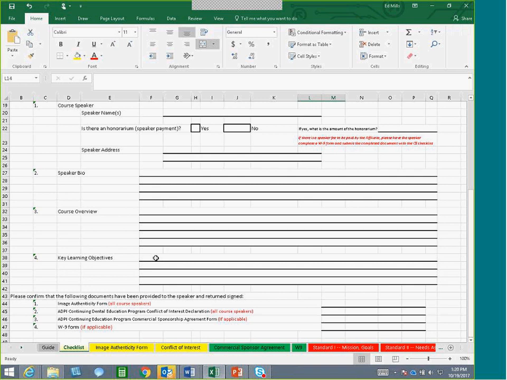So you will tell them, okay, I need a bio. That's a description of who you are, what your background is, maybe educational background. Then a brief description of the course and the topic, and then the objectives. This last one is pretty important. We need learning objectives. What are people going to learn after they attend the event? They're going to know something they didn't know before. It could be 2, 3, or 4, but what are the learning objectives of the presentation? They're providing you with this information. You should not have to be writing any of this. They send this to you in an email or maybe an attachment, and you can just cut and paste it into this part of the document.